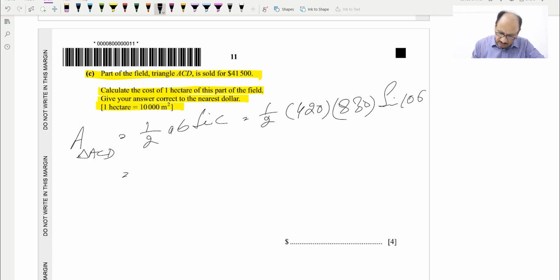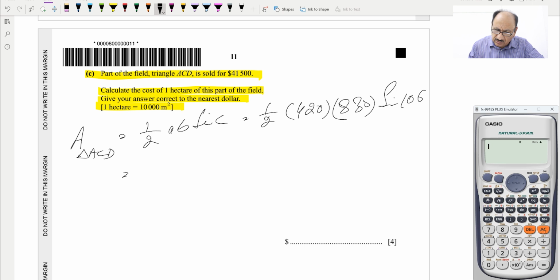This will be 0.5 into 420 into 830 into sine of 106, and this is giving us